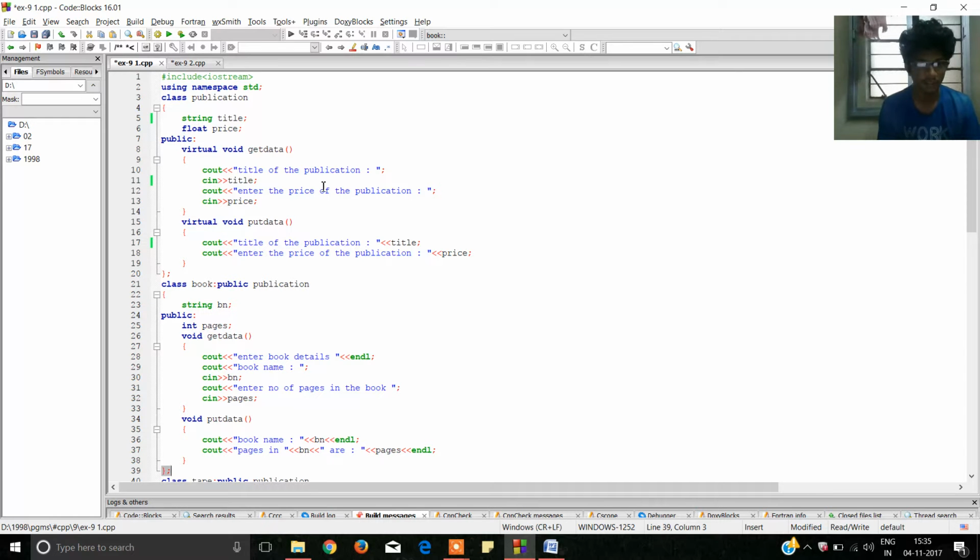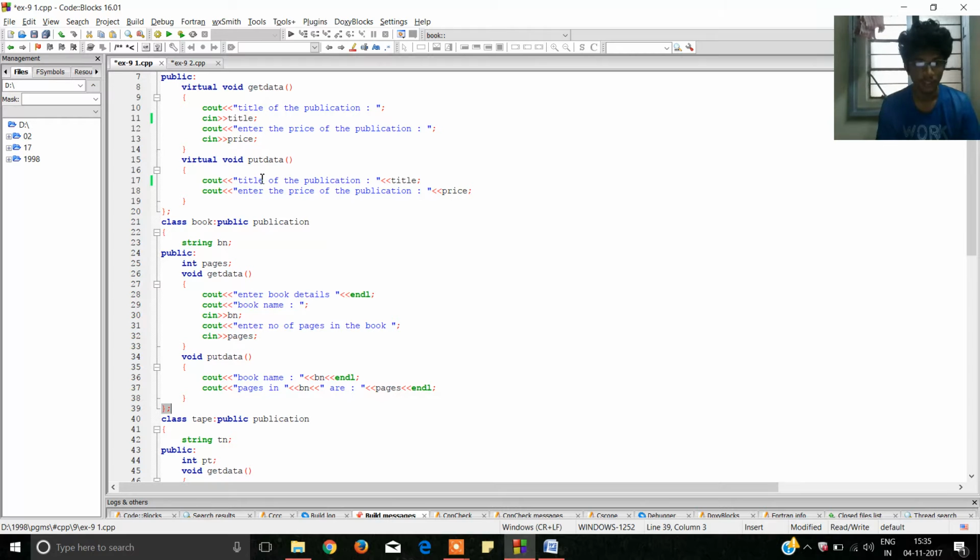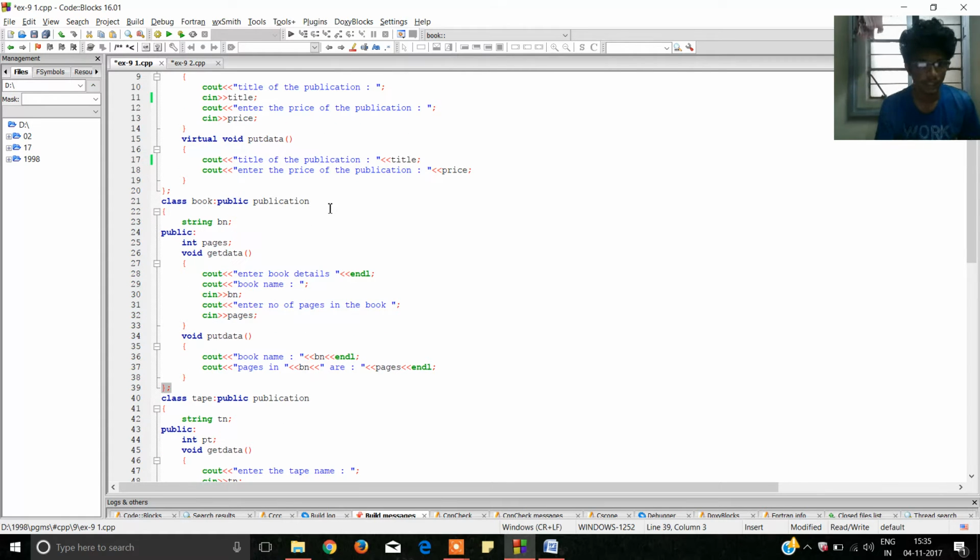I've given the title of the publication and stored it in title, and the price of the publication, and I've stored it in price. Next, inside the class itself, I'm declaring another virtual function, a friend function called void put data. Using put data, I'm going to output the data which I've taken in. Inside void put data, I've given cout title of the publication, which is title, and the price of the publication, price. Next, I'm creating an inherited class called class book